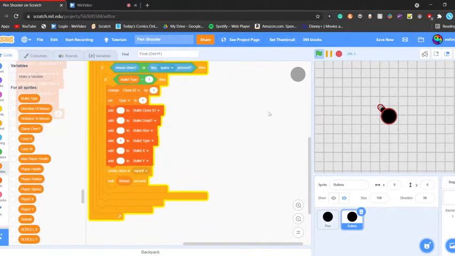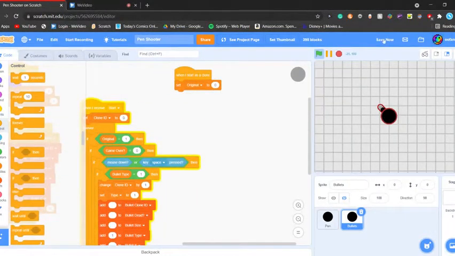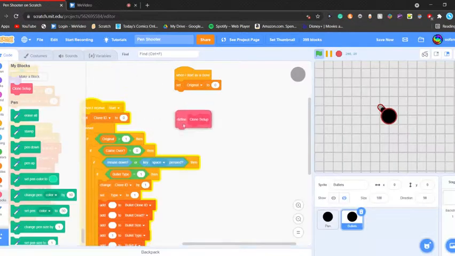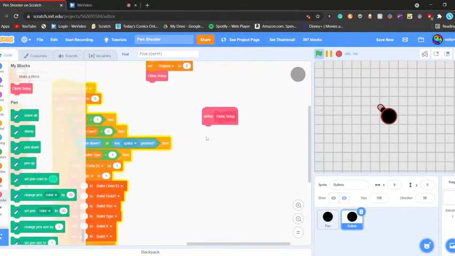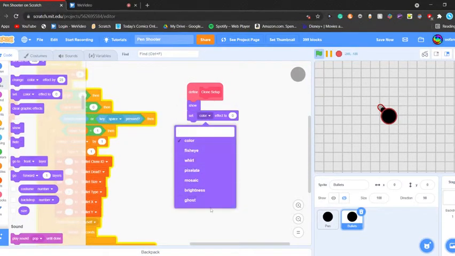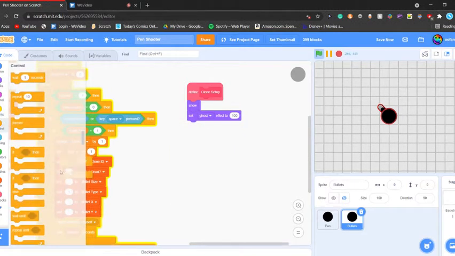Okay, so then what we're going to do is go to when I start as a clone, and make a new block called clone setup, and then run without screen refresh. So then we'll do clone setup, and in the clone setup we're going to show, and set the ghost effect to 100, and then we're going to say if, else, and then type equals